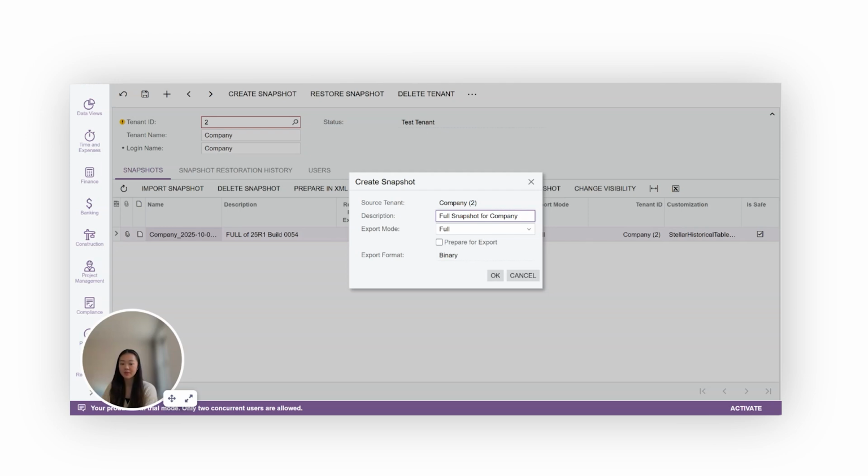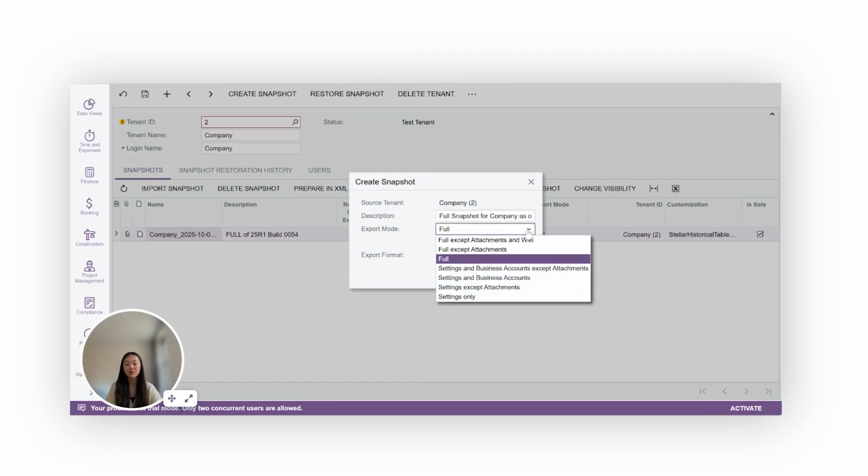So full snapshot for company as of 2/5/26. I just like to be very specific. So if I were to export this and save it in my local folder on my computer, I'm able to tell when I took the snapshot, what company it's for, and the export mode, which in this case, I had noted the export mode here is full, but you are able to click on the drop down